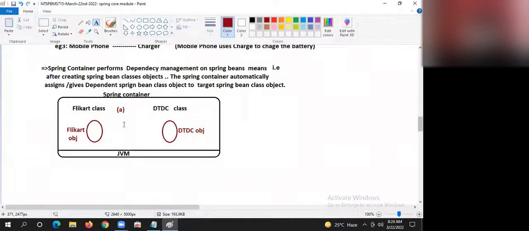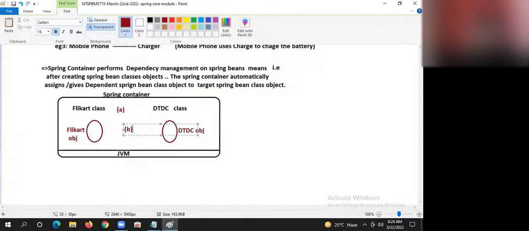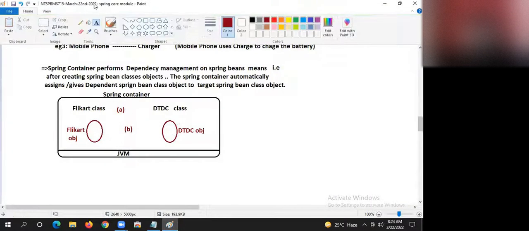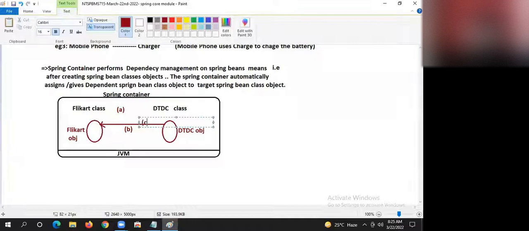This is the object creation process. Right, guys. Next, it automatically assigns dependent class object to target class object.